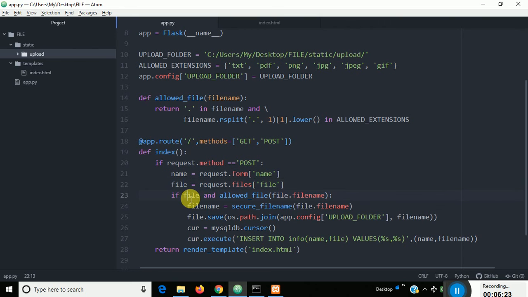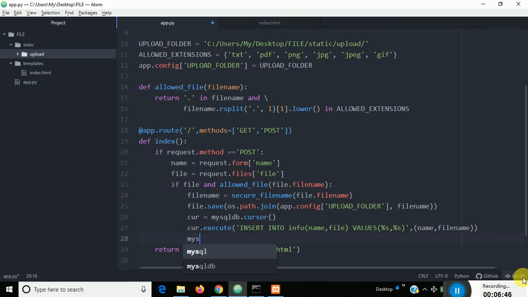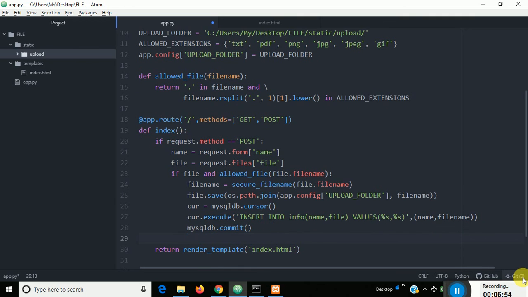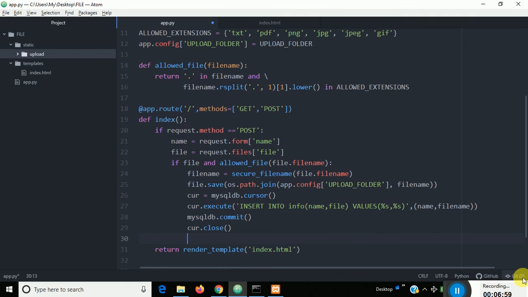What it is doing, it is taking that file, checking whether this extension is allowed or not, and if the extension is allowed, it is renaming it, and checking whether the file is secured or not, if the file is corrupted or not. To check that, it will use secure filename. So we have to consider this file name here, not this file. After this I will use the commit. Commit means it will save the file. After that I will close the cursor, then